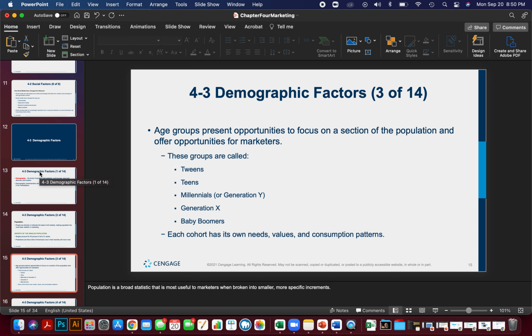Millennials are those individuals that are usually born between 1980 and 1994. Although various other marketing agencies say 82 is the start of the millennials, we'll go with the textbook and say that 80 is the start of millennials till 94. In addition, Generation X, which is the generation I belong to, is 1960 to 1979.